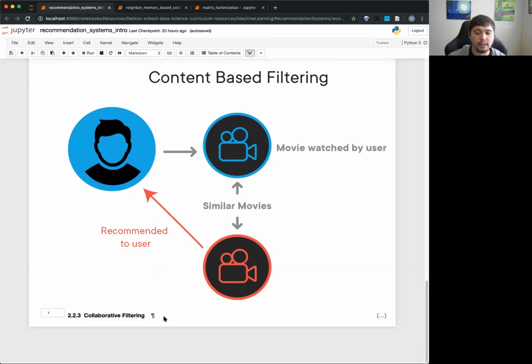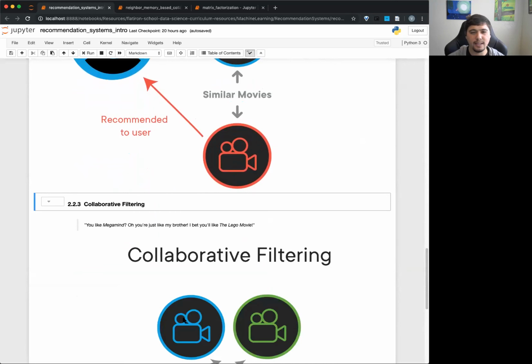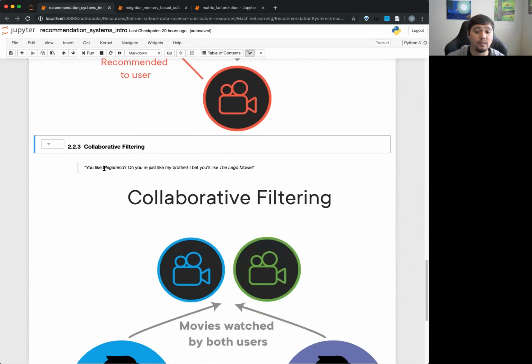The next one I find really interesting is collaborative filtering. This is where we base it a little bit more on the person itself. It's interesting how we do this, and we'll talk a lot more about this. But the idea here is, if you like the movie Megamind, well, you're just like, you know, so-and-so, like my brother, and I bet you'll really like the Lego movie, which by